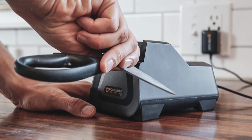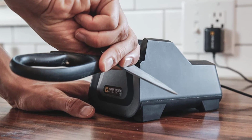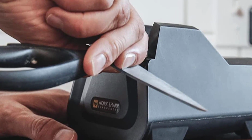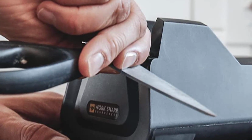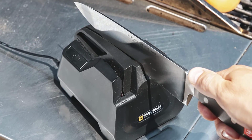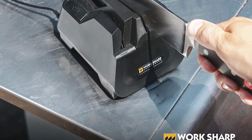The sides of the E5 NH's slots are non-parallel, and the gap between them is wider, so it's fairly easy to get the alignment wrong or to wiggle the blade while sharpening. The E2 suffers from one irritating shortcoming. It has a built-in timer that shuts it off after 50 seconds of sharpening,